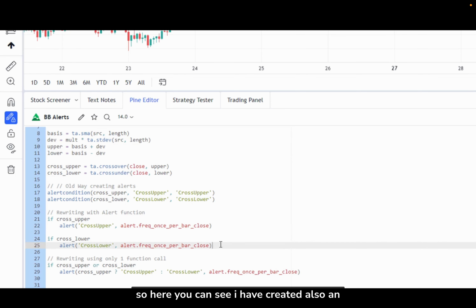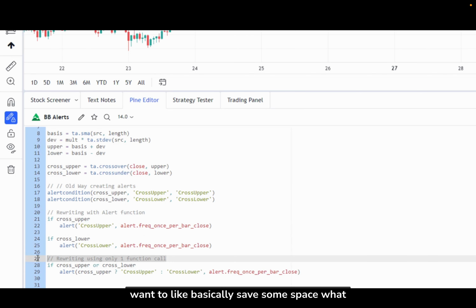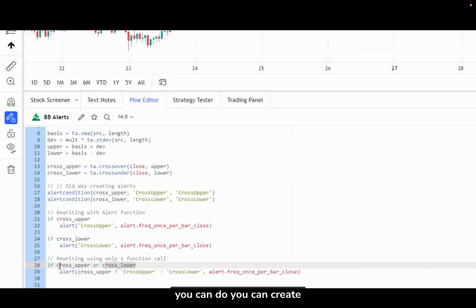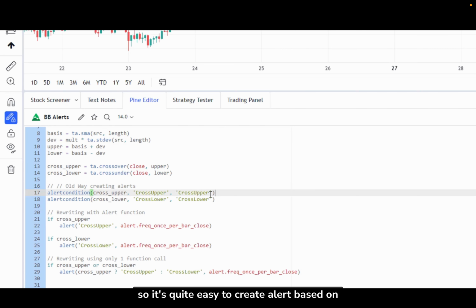Here you can see I have also created an alert for crossing lower. And also, if you want to save some space, you can create an if statement with both conditions, and because my message is dynamic, I can generate my message based on my condition, cross upper or cross lower, depending on what I see. So it's quite easy to